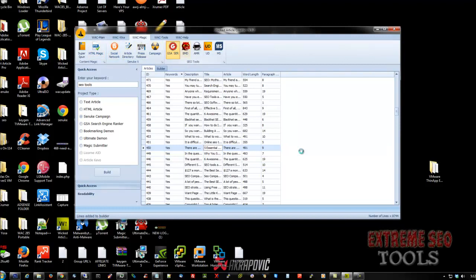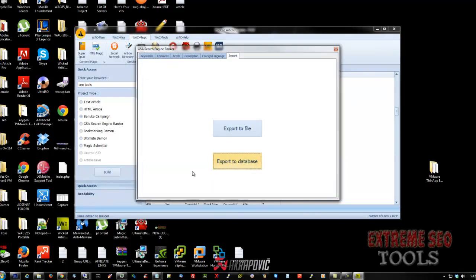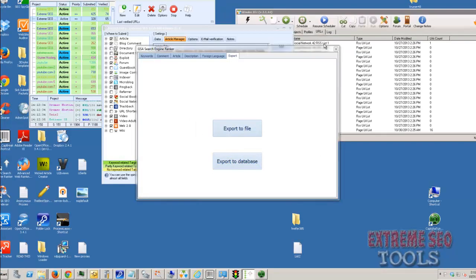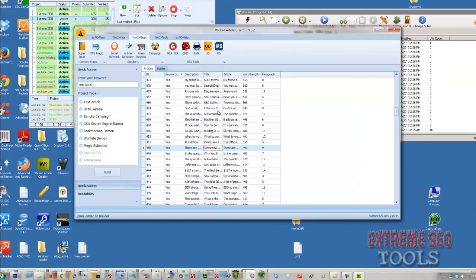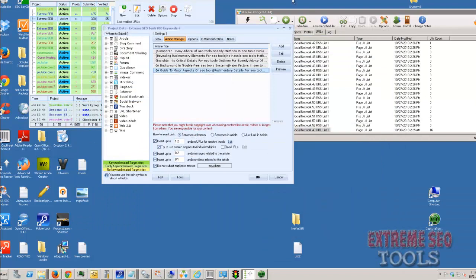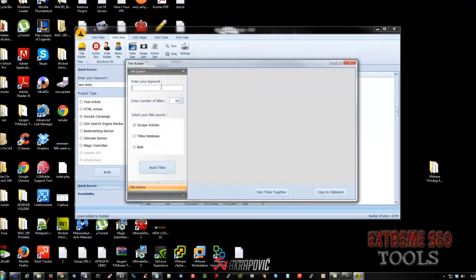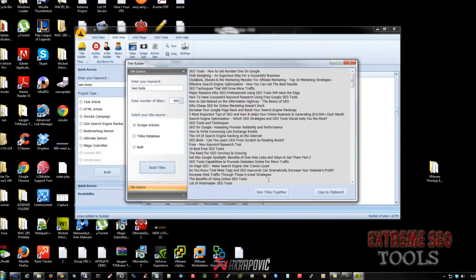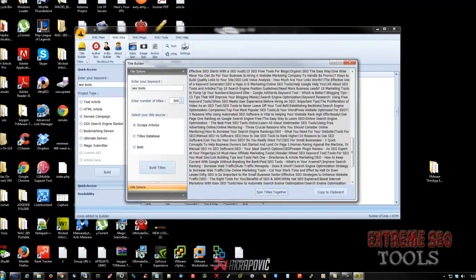Once you load your article and all of your comments and everything into GSA, you want to change your titles, because all of the default titles are not that good. So now we'll go back to GSA or WAC, go to Extra Title Builder, and for my sake, I'm doing SEO Tools. 500 is a nice round number. Now you're going to get a whole whack of different titles for your niche. Just put them all together,